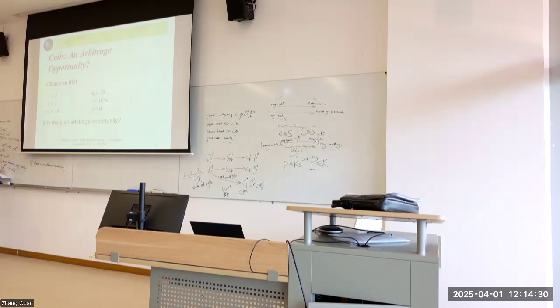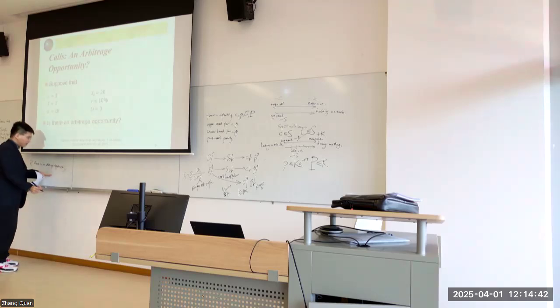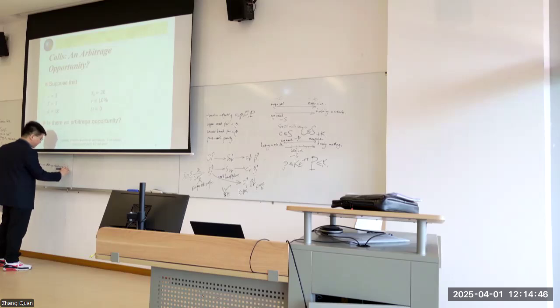This one is definitely more profitable than that one. So if we make sure this is positive, then this must definitely be positive. So the only condition we need to meet to make the arbitrage opportunity always profitable is